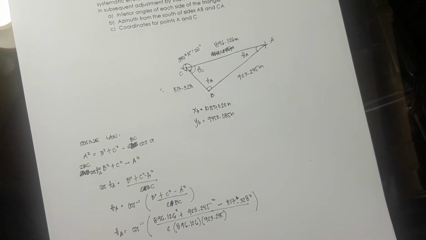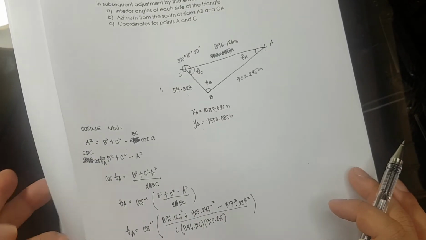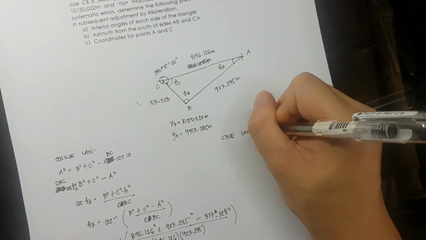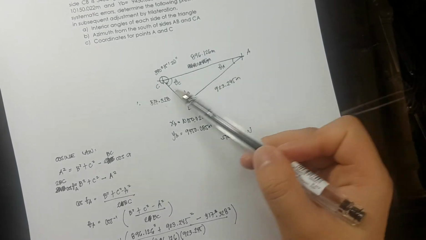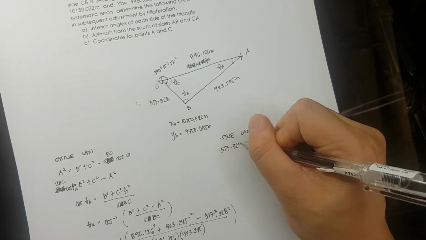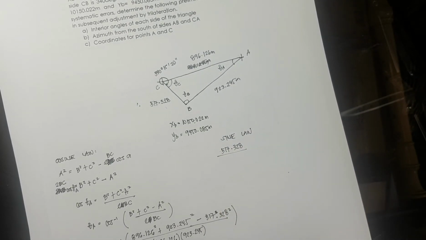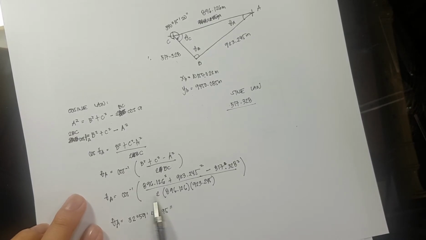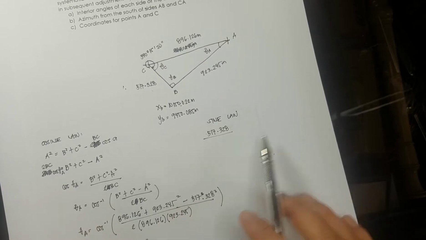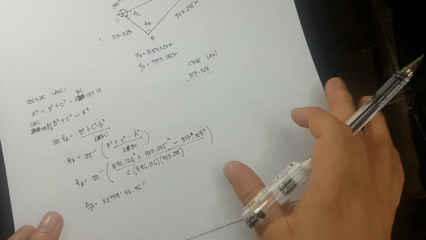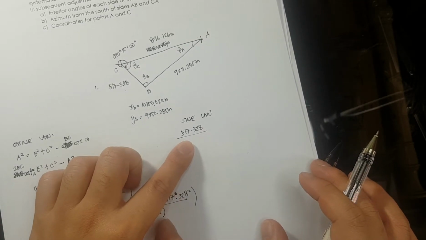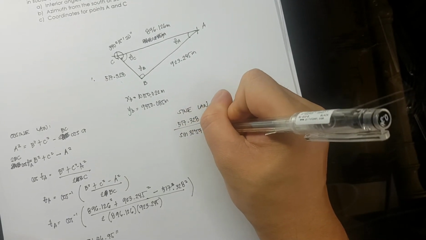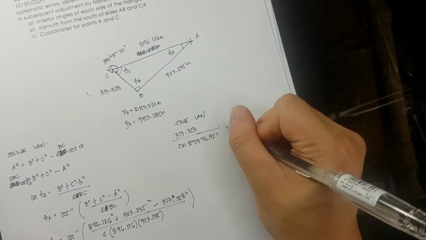sine law. Mas madali kasi pag sine law rather than cosine law na transpose and cross multiply tayo. So using sine law, I have here theta A. So the opposite side is 517.328. But the advantage of using cosine law, if your first computed angle is incorrect, yung mga susunod na angle na masosolve mo, pwede pa rin tama. But for sine law, if your first computed angle is incorrect, then yung mga susunod na angle is incorrect. So that's why you need to double check it. So the opposite angle is sine 32 degrees, 59 minutes, 46.95 seconds is equivalent to